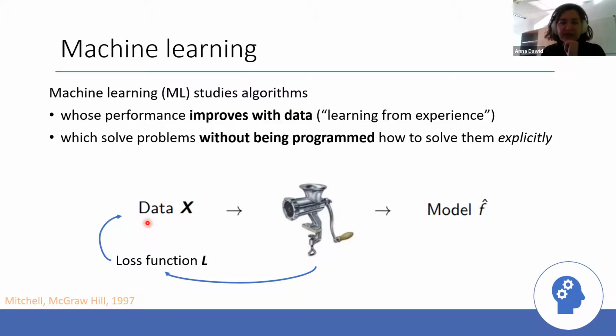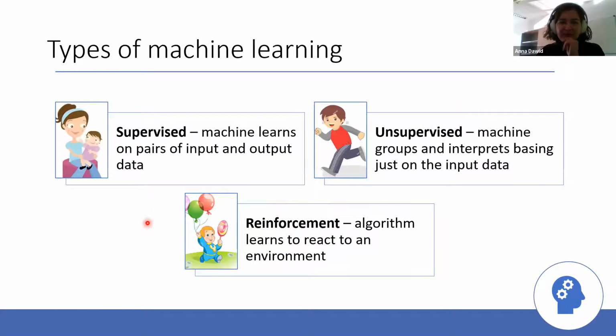And how this data looks and what kind of access your model has to the data is determined by the type of learning that you choose. There are two most used approaches in physics so far, which are supervised and unsupervised learning. Supervised learning means that you give the data along with labels.